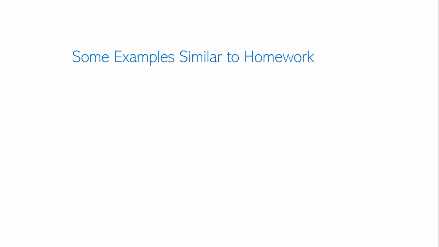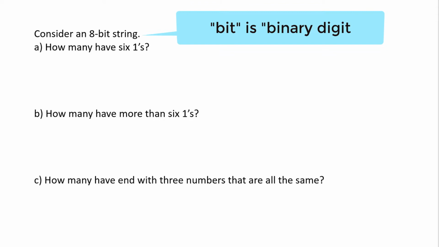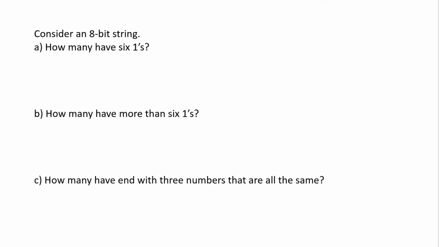I'm providing for you some worked exercises of problems similar to some of the problems of your homework assignment. Example, consider an 8-bit string. Bit is short for binary digit. Thus, a bit string is a string of binary digits or simply a series of zeros and ones. With that, we get that an 8-bit string is a series of 8 zeros and ones and can be in